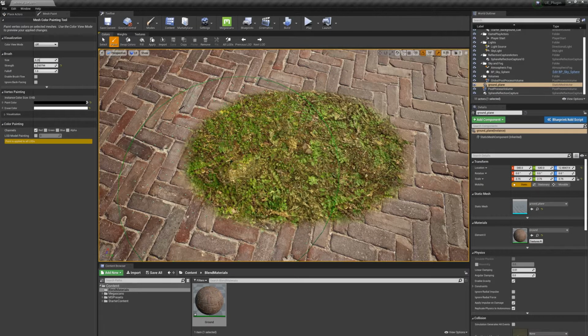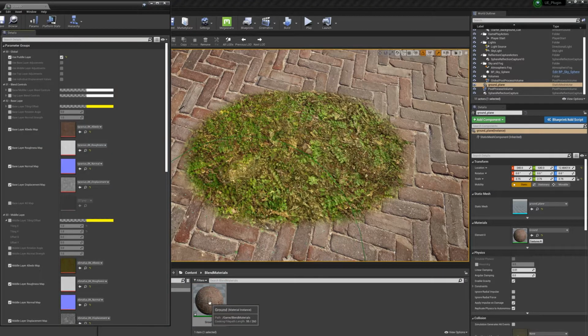As it stands, the painting goes from the base texture layer to the middle with nothing more than a gradual fall off blending the two layers, which is a fairly dated approach. Fortunately, our new blend material leverages height map data to determine how these two materials should blend together. So let's hop back into the material instance and play with a few of the settings to get this feeling